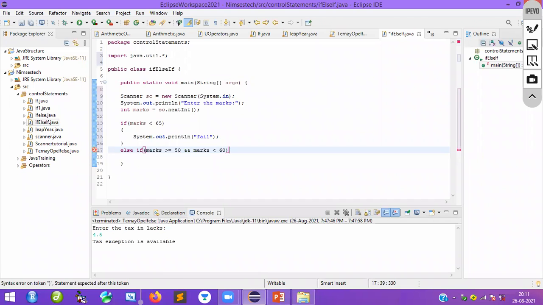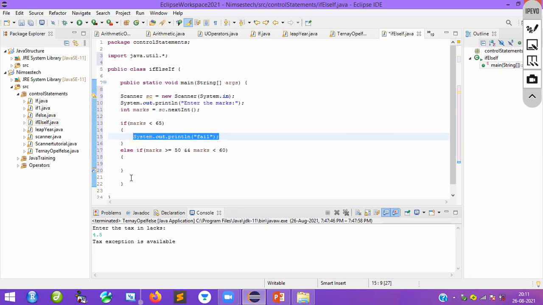Now clear? Everybody clear? Anybody have doubts? Tell me. Guys, anybody have doubts? Tell me. So I will copy this one, guys. I don't want to write because I am lazy here.